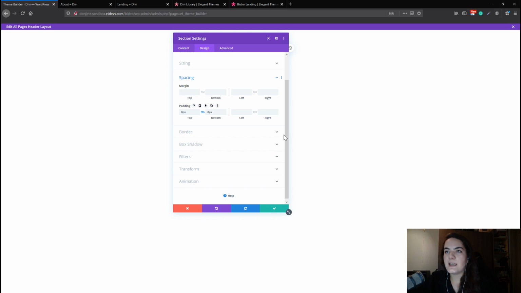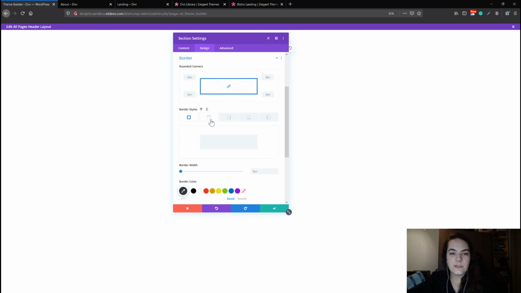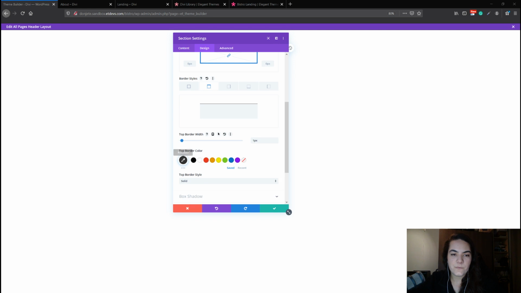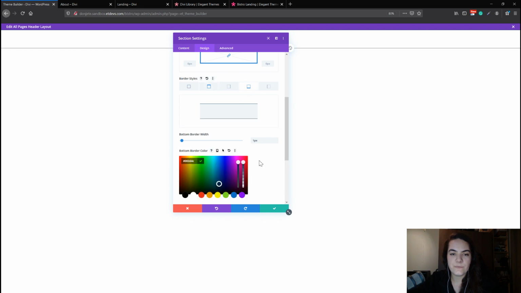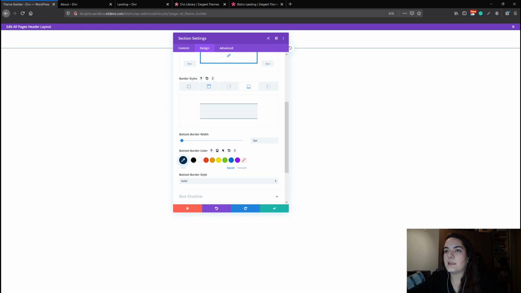And we're also going to add a border to the top and the bottom. We'll just use 1 pixel. We'll change the border color into the following color code, matches the Bistro Layout Pack. We'll do the same for the bottom border. All right, and